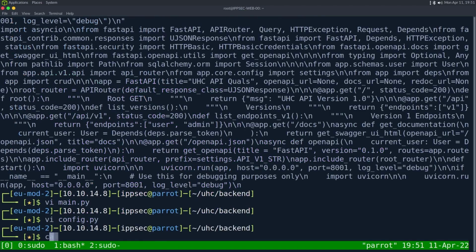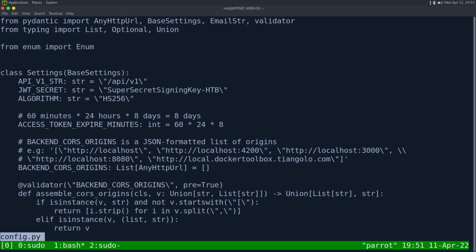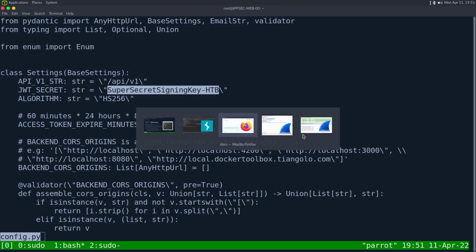So I always hate just copying out of Vim for some reason. I never have good luck with it. So I'm going to go over to less so I can copy and paste this. And I'm going to go back to